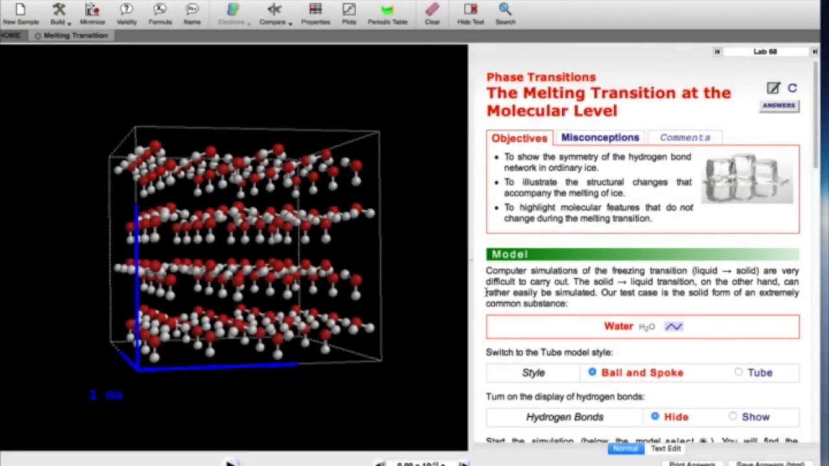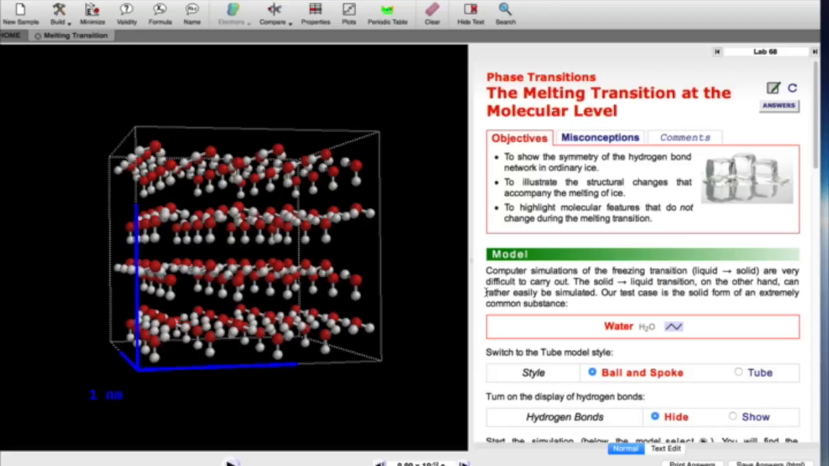So let's look at molecular lab number 68, which deals with the melting transition at the molecular level, because this particular experiment allows students to easily visualize two things. First of all, it will allow them to make a microscopic or atomic level versus a macroscopic comparison of properties. In this particular case, the density of solid ice as opposed to liquid water,